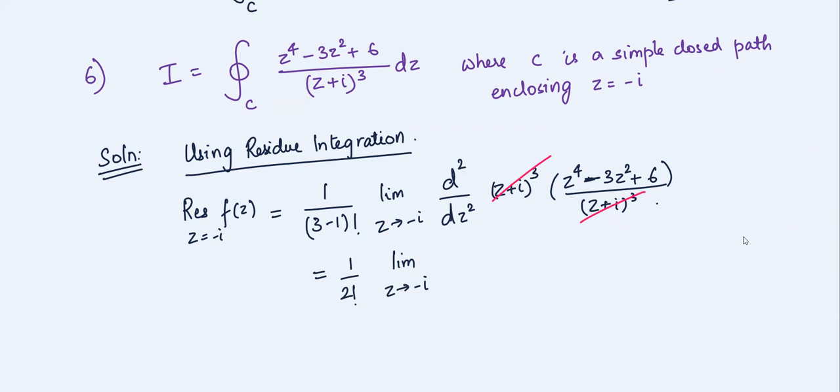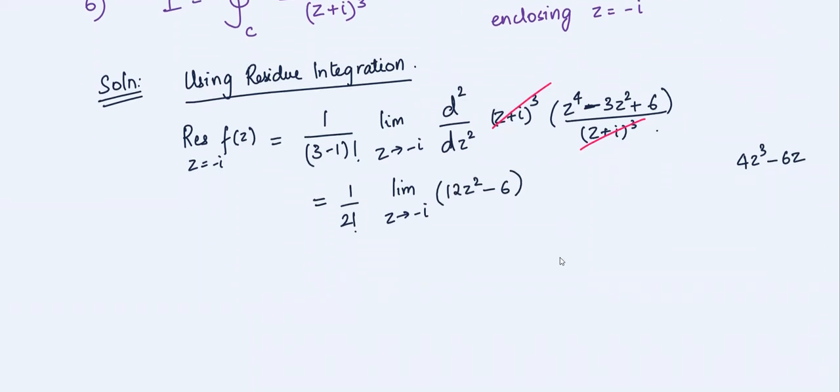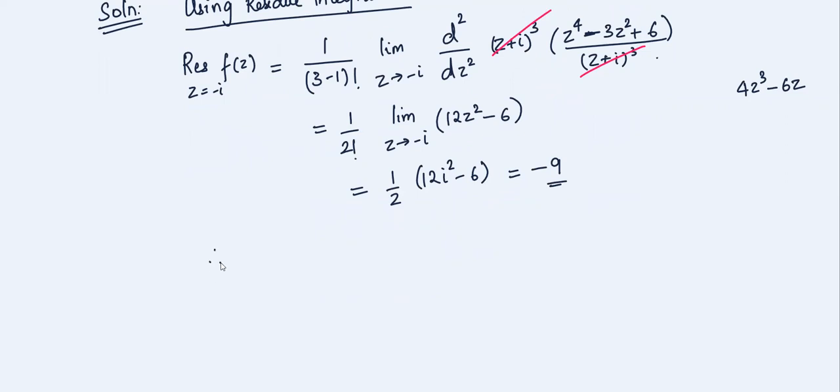The first derivative is 4z cube minus 6z. The second derivative will be 12z square minus 6. So 1 by 2 into (12 i square minus 6). i square is minus 1. So minus 18 by 2 is minus 9. Therefore, now